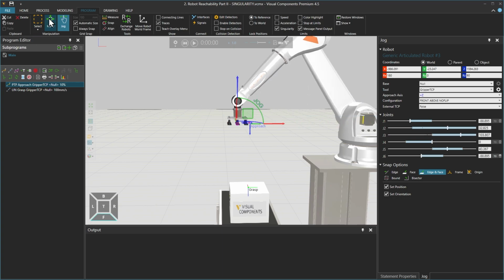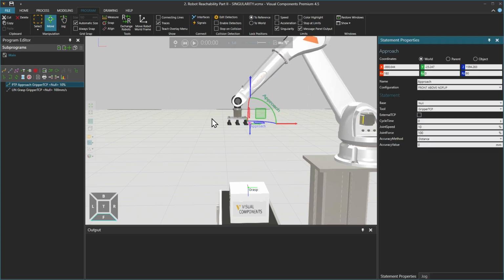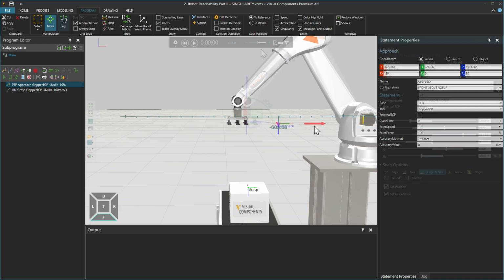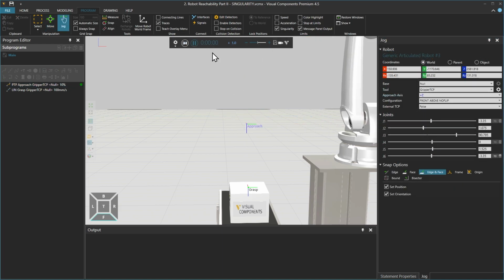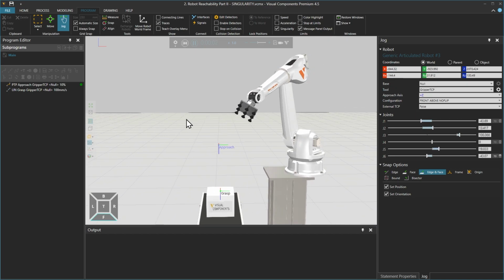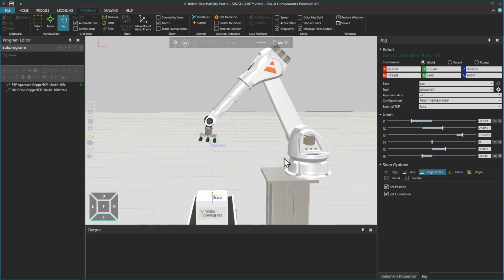And similarly, when using the move tool, if you move a position too far, the origin ring will turn red and the position name will turn yellow. Now let's reset the simulation and try this solution to see how singularity is avoided.